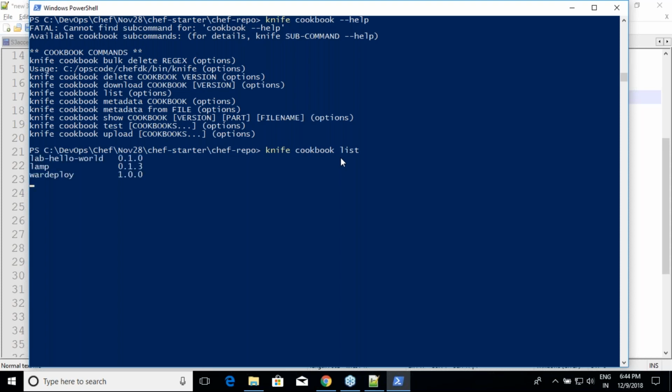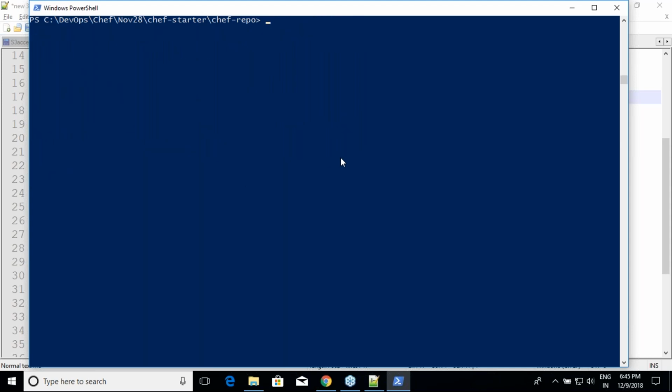You can try completely writing your own, but Chef has not done. So we have three cookbooks, and these are all the versions. And if you want to know further about this cookbook, you can use some more options. I am not getting into all of this. So you wanted command line, so you need to at least understand that there is some trouble around it. Okay. Fine. Whatever it is.